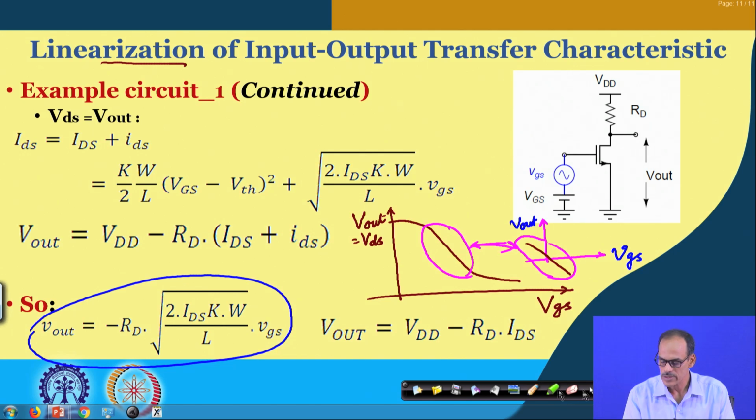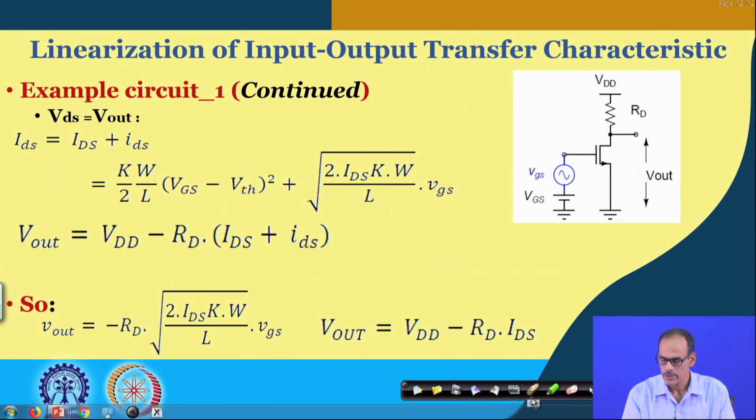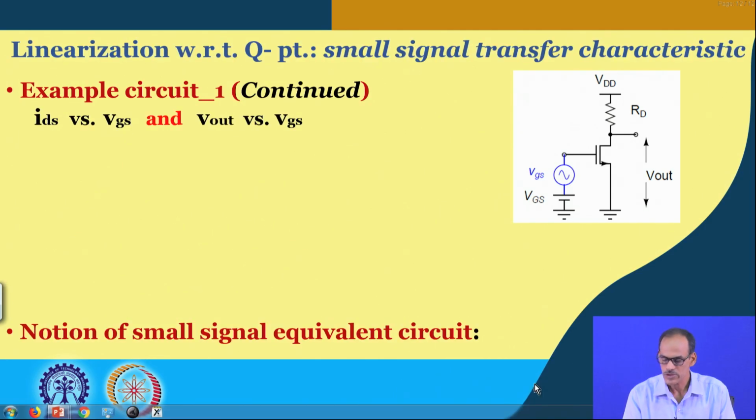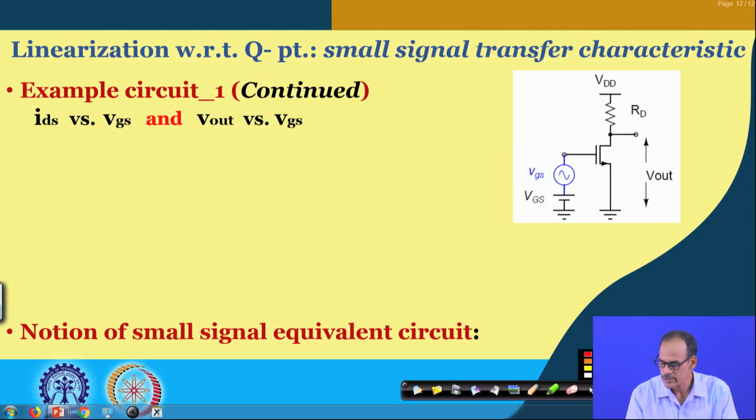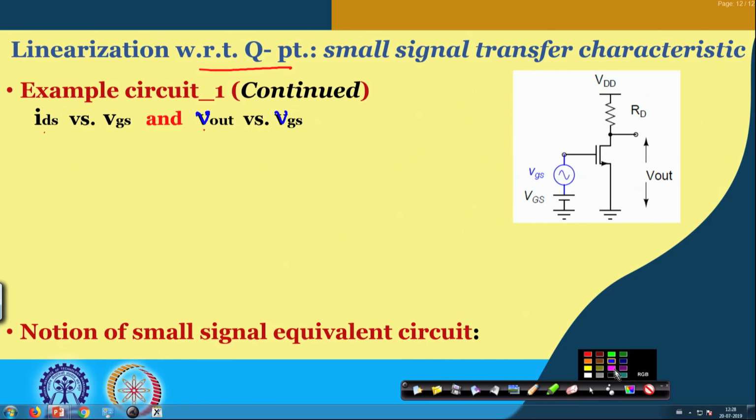In other words, we may say that linearization is basically getting a new kind of transfer characteristic. That is what we are saying, that the linearization of the transfer characteristic is, with respect to one operating point, finding the small v out versus small v g s. So, we are basically talking about translating the large signal transfer characteristic. So, we do have v out